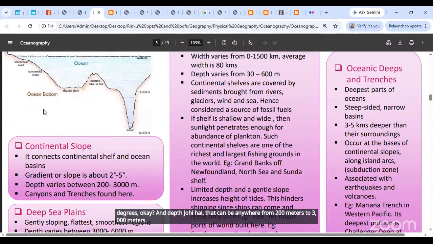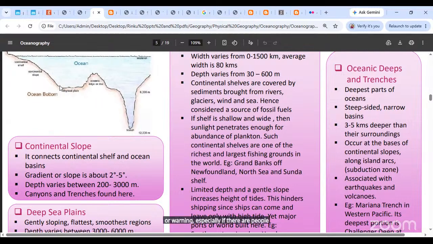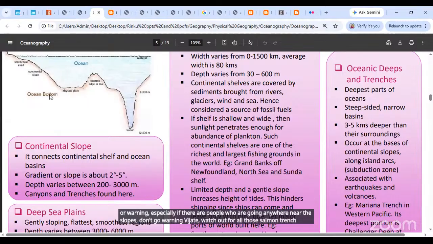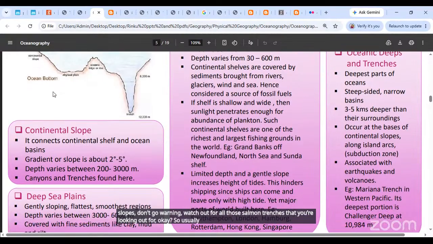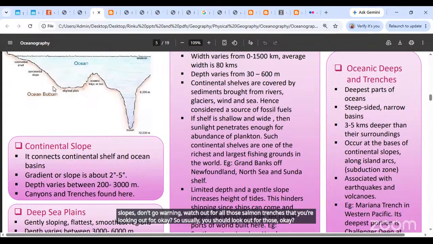ओके, यहाँ पर यूजुअली कैनियंस एंड ट्रेंचेस मिलते हैं, तो डीप सी डाइवर्स के लिए थोड़ा सा मुश्किल हो जाता है। दैट इज वो वार्निंग दी जाती है कि स्पेशली इफ देयर आर पीपल हु आर गोइंग एनीवेयर नियर द स्लोप्स, तो उनको वार्निंग दी जाती है कि वॉच आउट फॉर ऑल दोस कैनियंस, ट्रेंचेस। ओके, तो यूजुअली यू शुड लुक आउट फॉर दोस। ओके, नेक्स्ट जो मिलता है दैट इज द डीप सी प्लेन्स। ये वाला पार्ट जो है ना, दैट इज व्हाट यू आर लुकिंग एट।